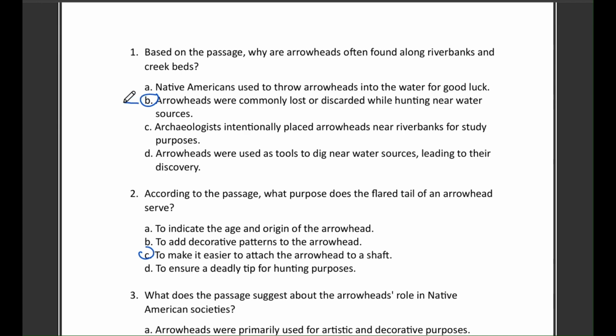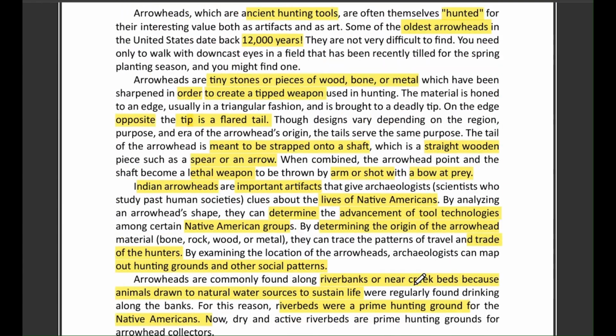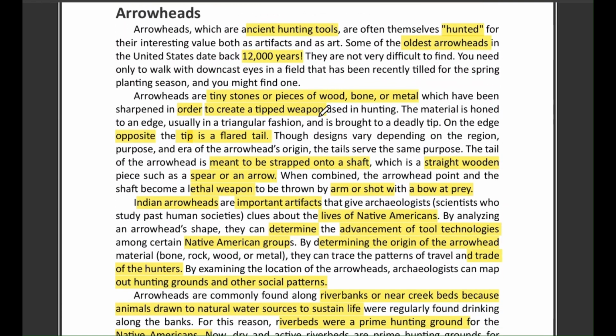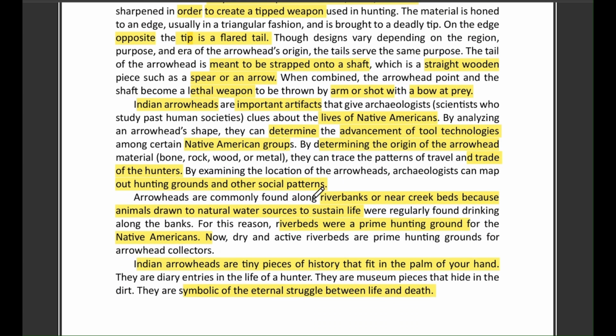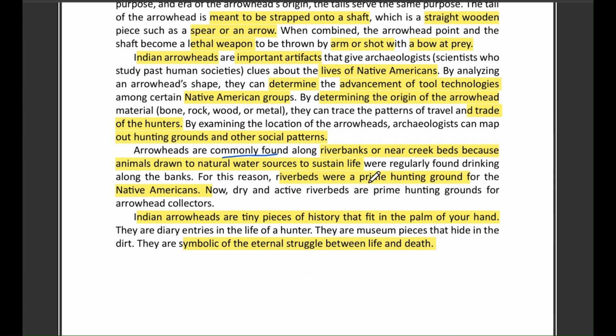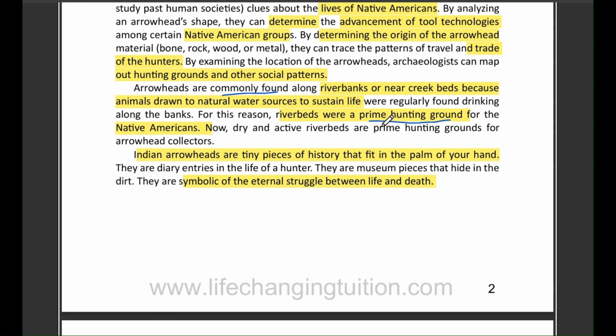The correct answer is option B. Arrowheads were commonly lost or discarded while hunting near water sources. The passage explains that Native Americans frequently hunted in areas close to water, and it was common for arrowheads to be lost or accidentally dropped in these locations. Over long periods of time, these areas, like riverbanks and creek beds, became common places where these ancient tools could